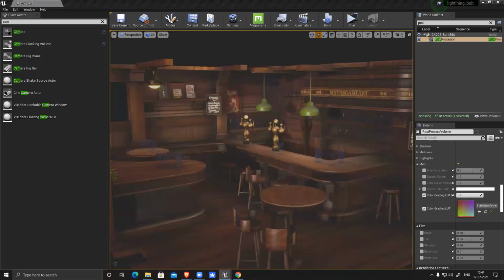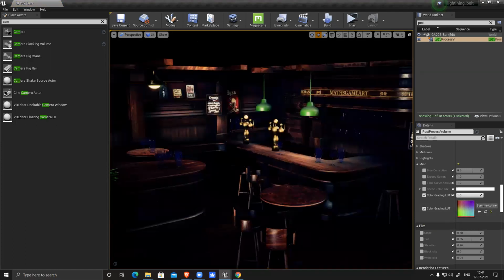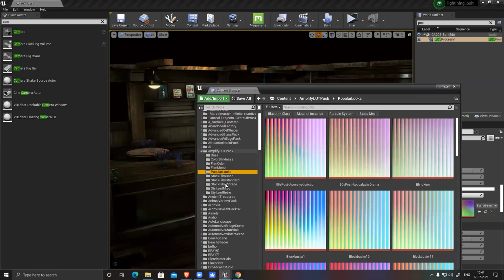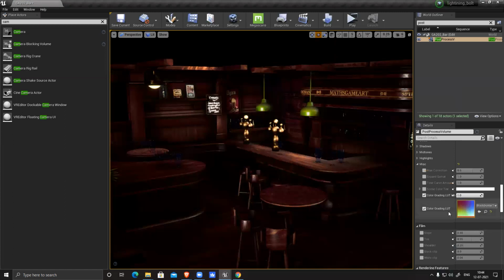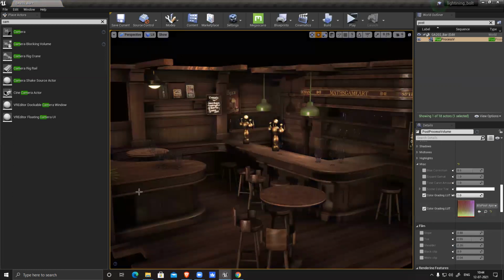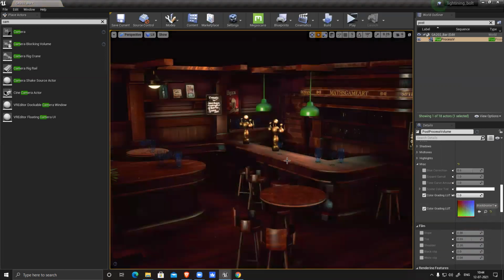Everything is grayish. Summer action. With the help of this also, toxic green, more of a greenish tint. A film monochrome is also there. Popular looks are also there. You can see a lot of presets are in this. You can use any one of them. Little bluish tint. This is 80s post process. Blockbuster, little saturated with nice contrast.